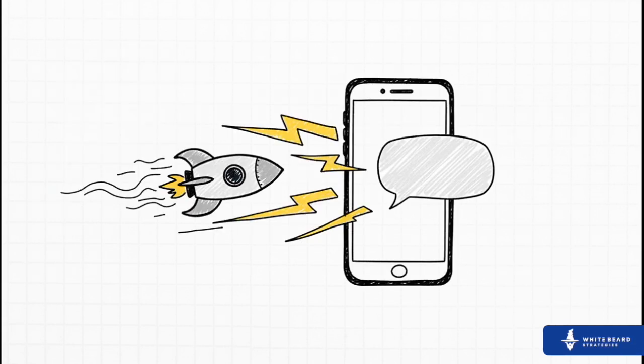And what's the very first thing that happens? We send a text message immediately. Why? Because speed is absolutely everything when a lead is interested. We want to talk to them right away while we're still top of mind, and texting is one of the fastest ways to do that.